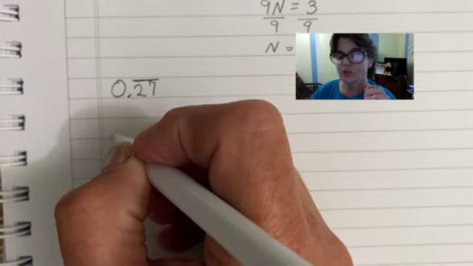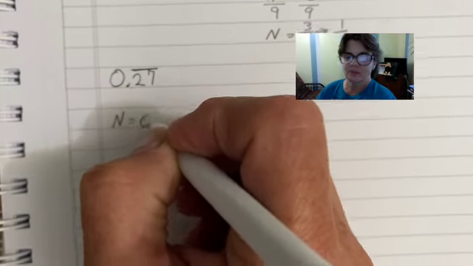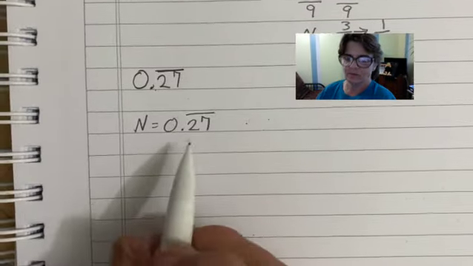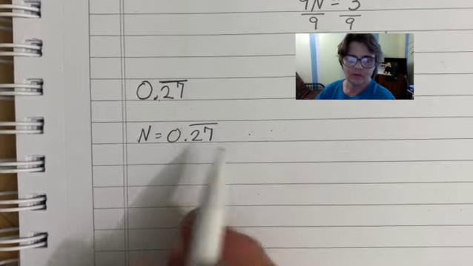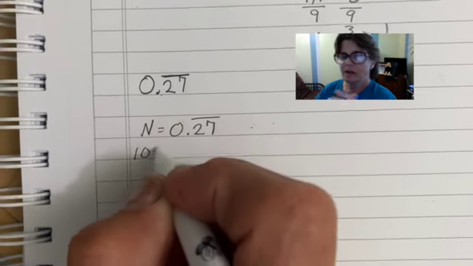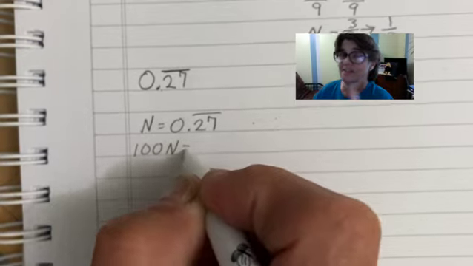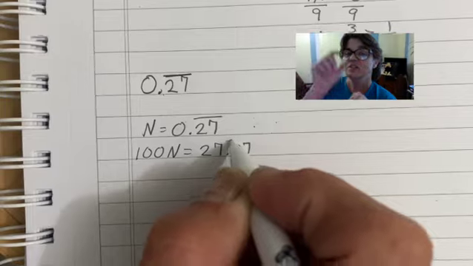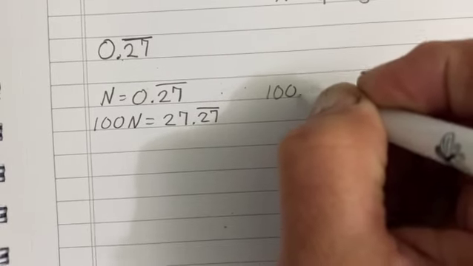Very similar. So we start again with our n statement. So we have n equals 0.27 repeating. And then instead of doing 10 times on both sides, I'm going to do 100 times on both sides. Since the 2 and the 7 are repeating, I need the 2 and the 7 to go to the left side of the decimal so that I can subtract off the repeating part of the decimal and still have something remaining. So I start with 100n equals